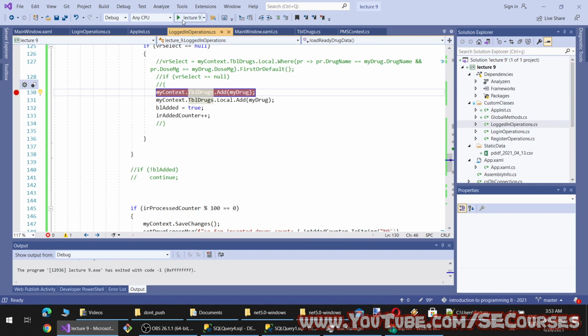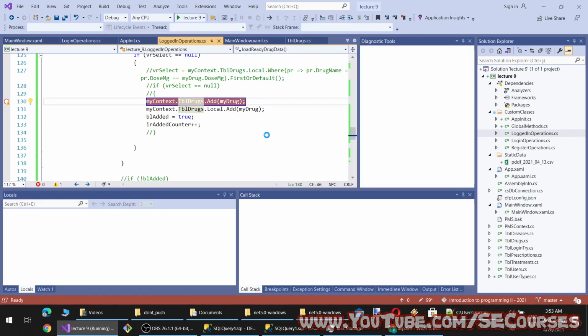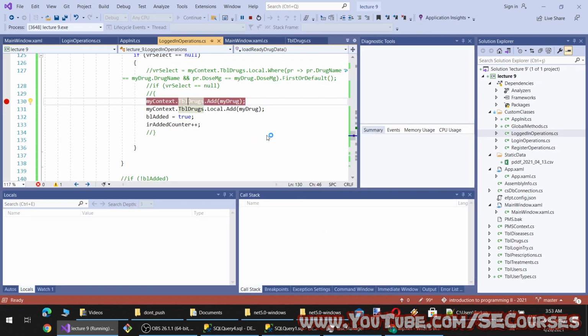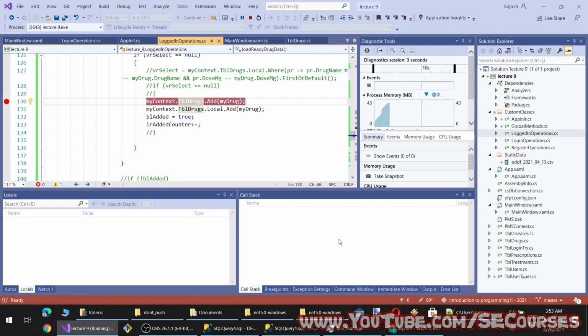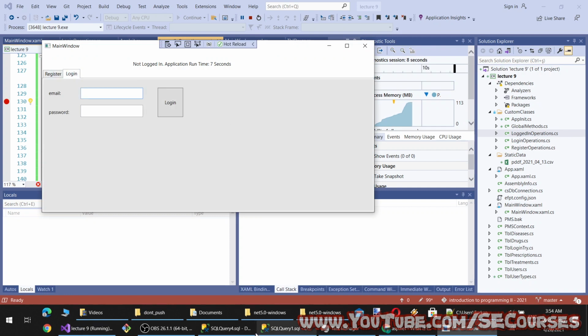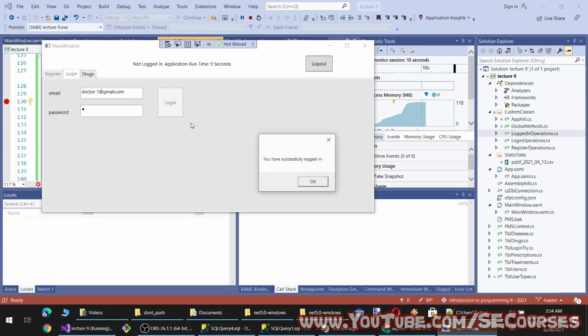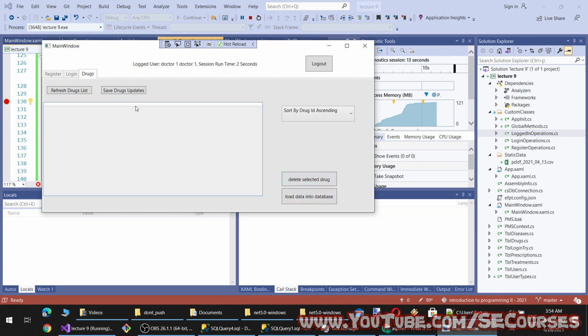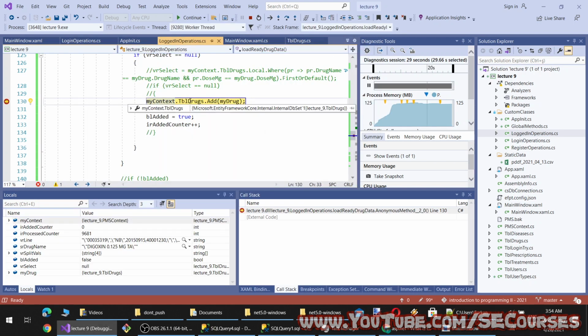Let's put a breakpoint here. I think I will leave this to solve next week. So meanwhile, you can work on that until next week, and maybe you can figure it out before me.